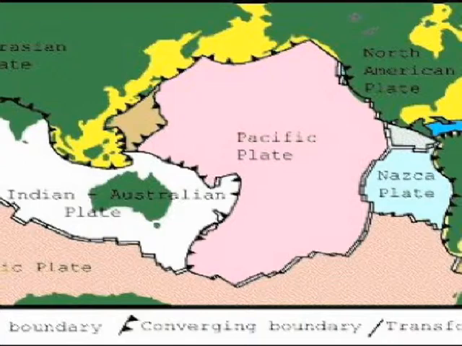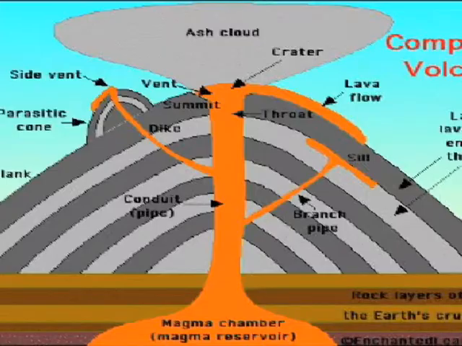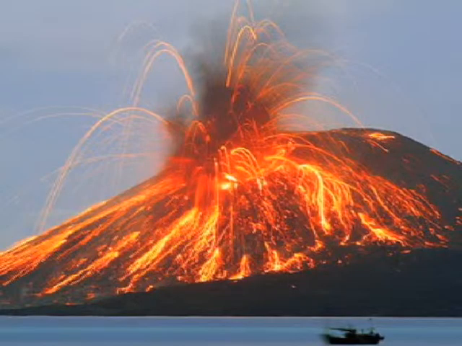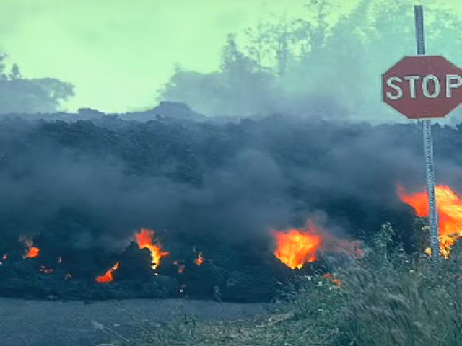Volcanoes occur around the world along plate boundaries. They are found on both destructive and constructive plate margins. A volcano is formed by magma being forced to the Earth's surface as a result of plate movement and then erupting out of the crust in the form of lava. This eruption often happens at high pressure. A major area of volcanic activity is around the Pacific Ring of Fire. Volcanoes can have many devastating effects.